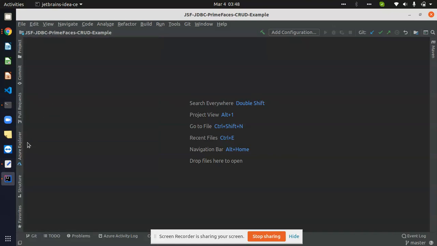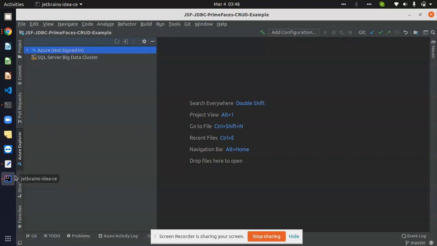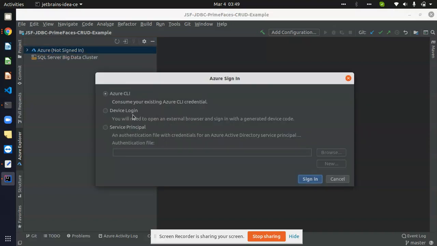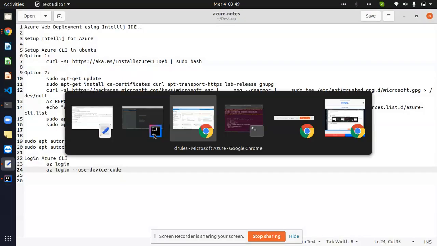Available inside your pane. From here you can just right click on this Azure and hit this sign in option. You have these three options here. Either you can directly log in through Azure CLI, and it will automatically consume your existing credentials, or otherwise you can use this